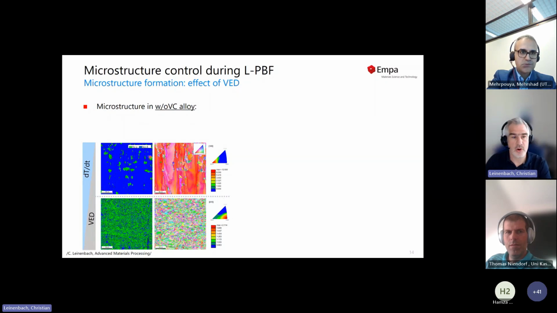And you see a really pronounced difference. Here I've colored blue for a BCC phase, BCC delta, and green for FCC gamma. We saw that we have more than 90%, 80 to 90% delta phase if we fabricate under these conditions. If we change the parameters, this is inverted. We have mainly gamma phase, and you can also see that this is very coarse grained. This is the typical microstructure that we know from LPBF. And here it is extremely fine-grained material, which was puzzling.